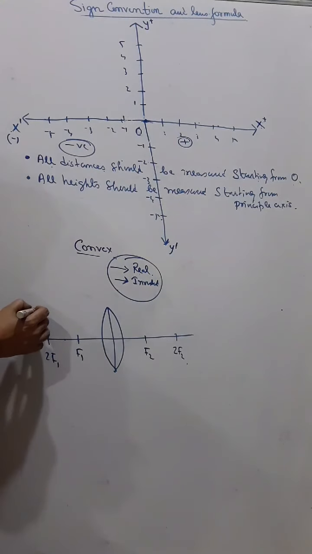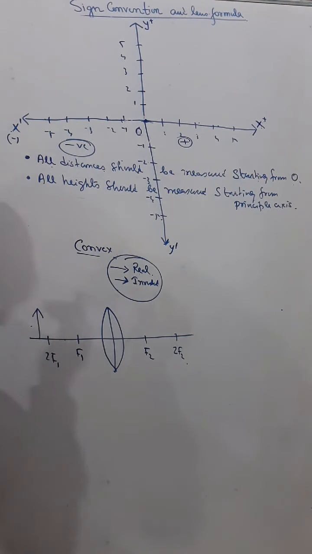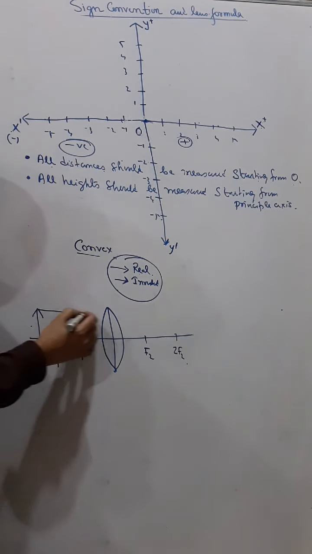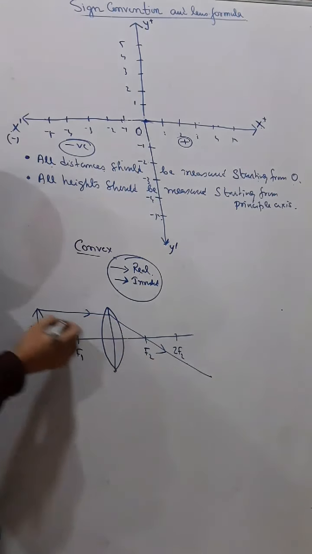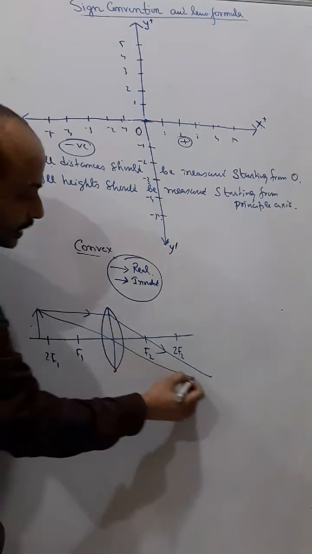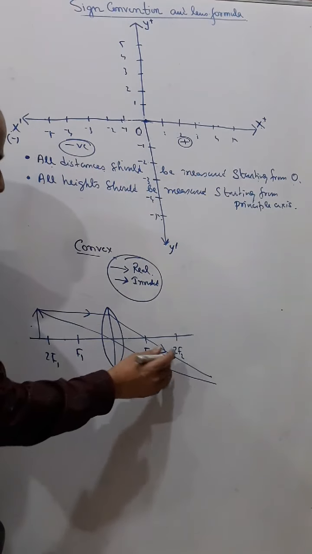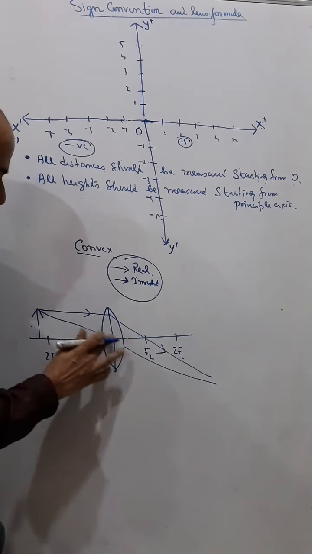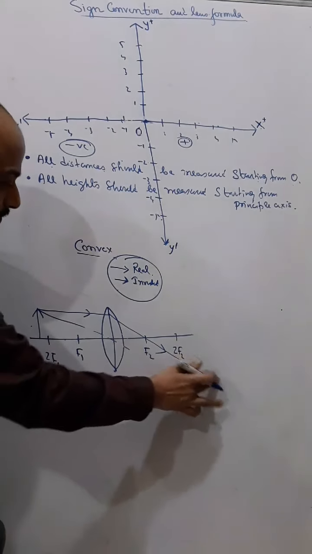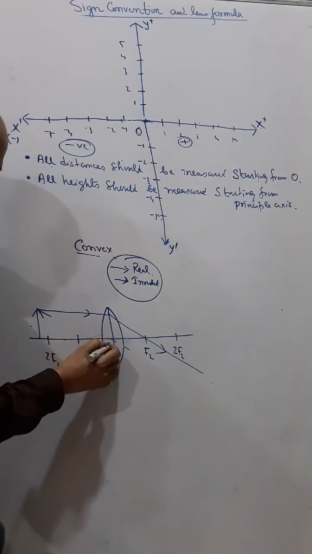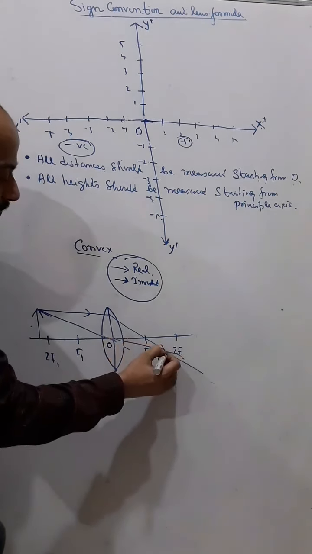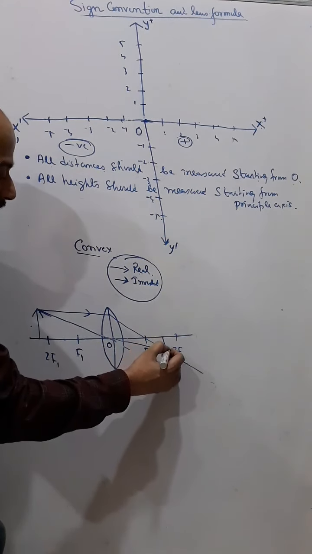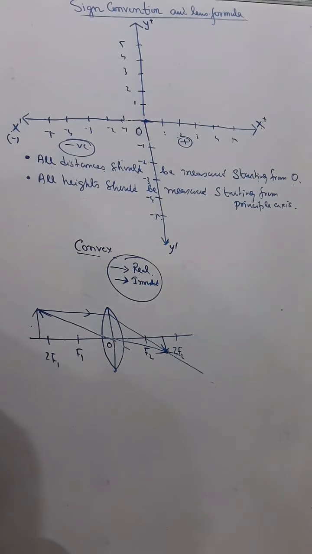Now suppose the object is here, that is between 2f. Then where the image will be formed, so a straight line, then passing through focus, and then in fact the diagram is not proper, so now it will pass through O and it will meet anywhere here between 2f and f. Understand? So that means